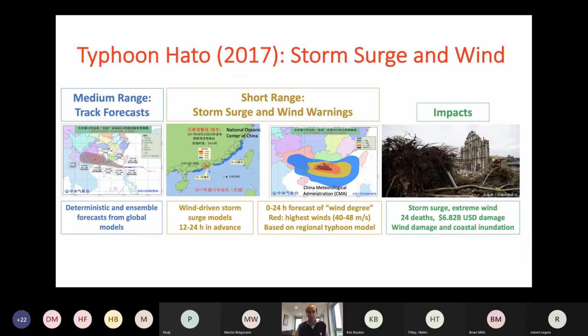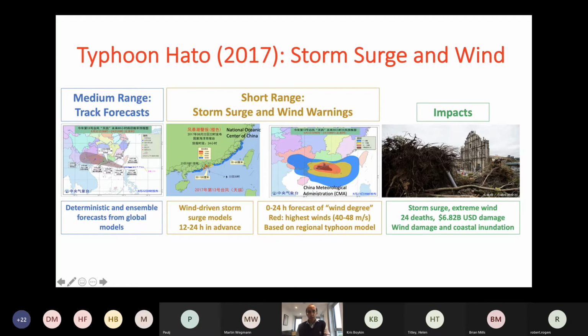And so there's emphasis more so on the track and the probability that the center of a tropical cyclone may be within a certain distance of a certain location. So examples are here in the left-hand figure, and then also the US National Hurricane Center provides a cone of uncertainty, which is on the next slide.